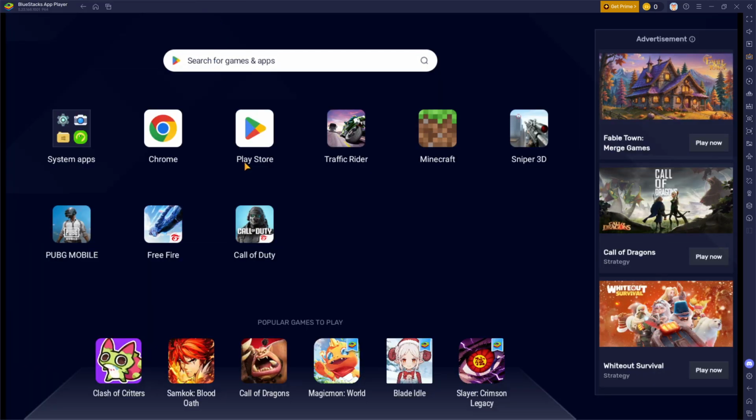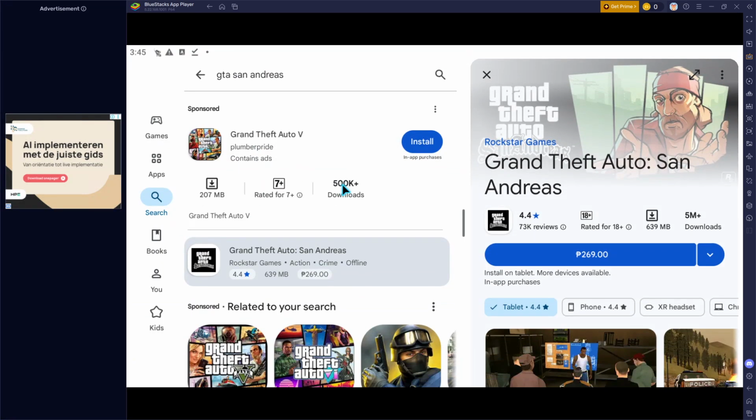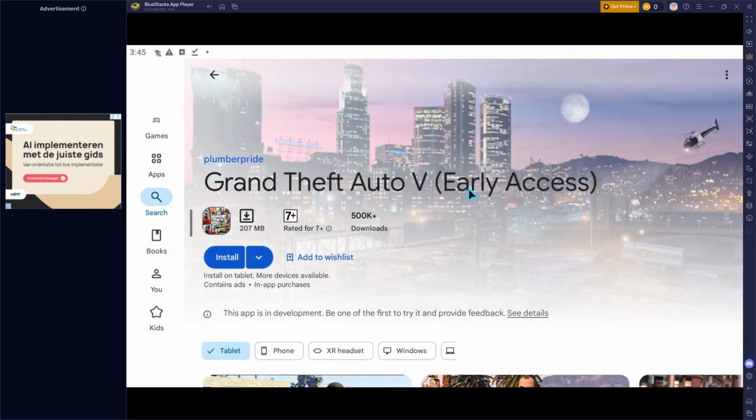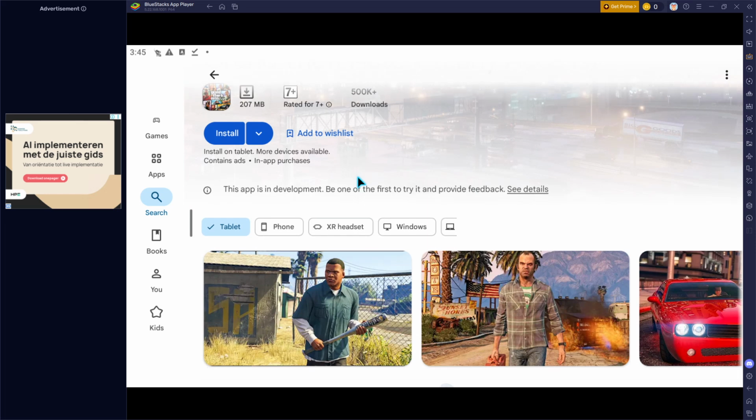If you run into problems, try a few quick fixes. If the game won't install from the Play Store, clear the Play Store cache in Bluestacks settings. For a black screen on launch, restart Bluestacks or update your graphics driver. If the OBB isn't detected, make sure the path ends with com.rockstar.games.gtasa